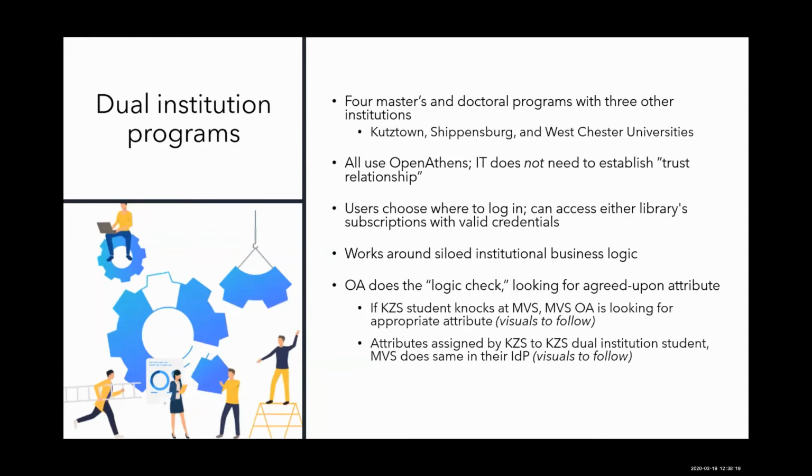Moving, oh, I'm in a Millersville course, so I need to use Millersville, versus I'm in a Kutztown course, so I need to use Kutztown credentials, is plausible and technically works, but it was very much not the preferred solution from the end user standpoint. So if I took my first class at Kutztown, the tendency is that they want to use their Kutztown credentials for everything. If my first class was at Westchester, I want to use my Westchester credentials for everything. So we were able to meet that need, and it has greatly simplified things